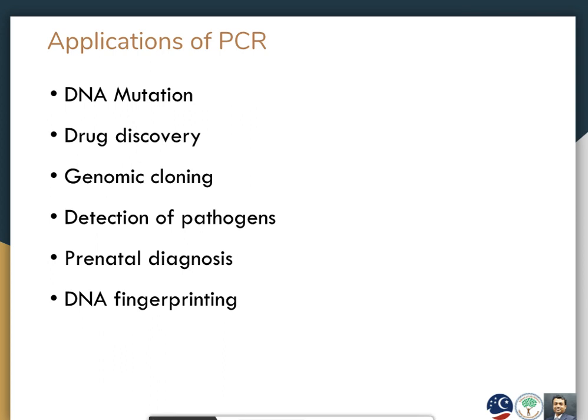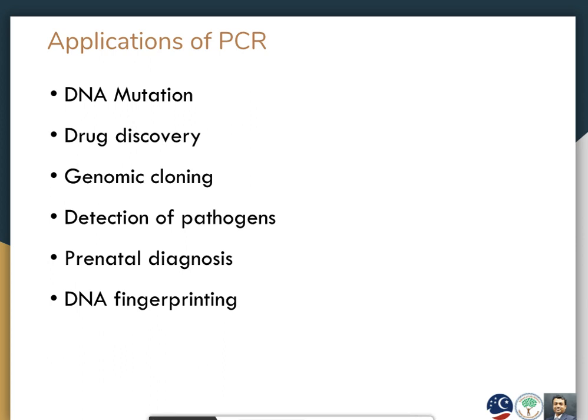Pathogen detection: if you know the gene constitution of the pathogen, you just need to design the primer, and whenever there is an infection or in case of suspected infections, just collect the blood or tissue samples from the infected host, do the PCR using the primer of the pathogen, and then see whether that particular pathogenic DNA is present or not. By knowing that, you can be sure whether infection has occurred or not.